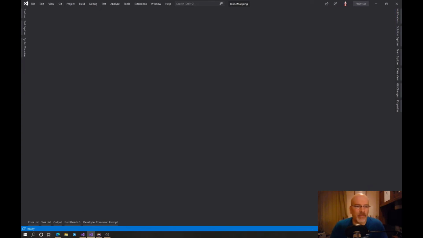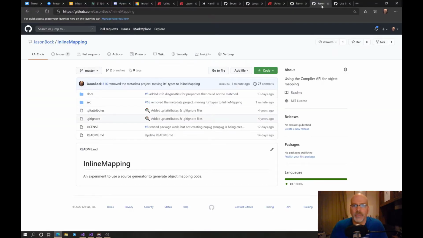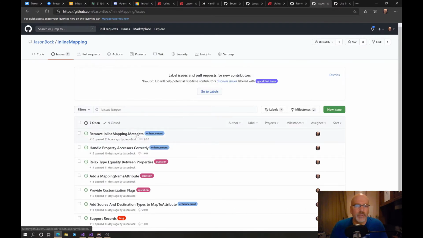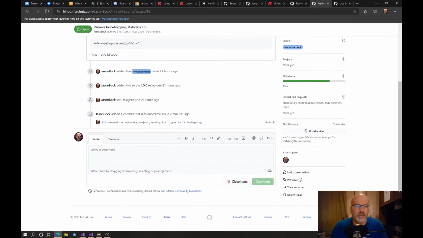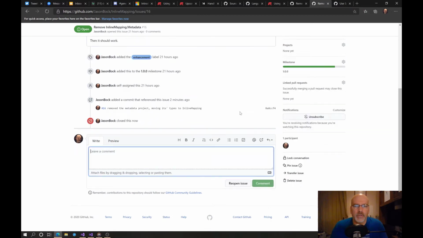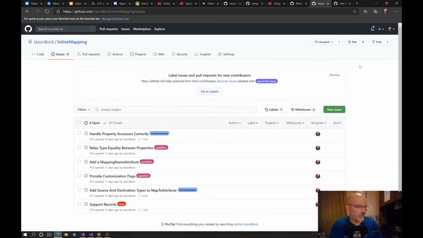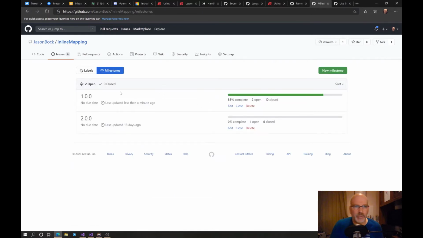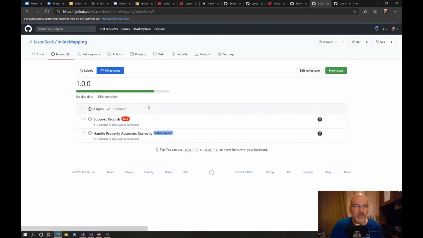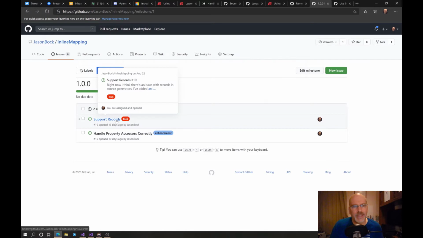Okay, I'm back from doing all the Git things. I do want to make sure, though, that I've closed out that issue, which I should have. There we go. So that's gone. So we're back to six issues, and pretty much the ones that are there. Let me go look at the milestones again for 1.0. What did I really want to... Well, support records I can't do